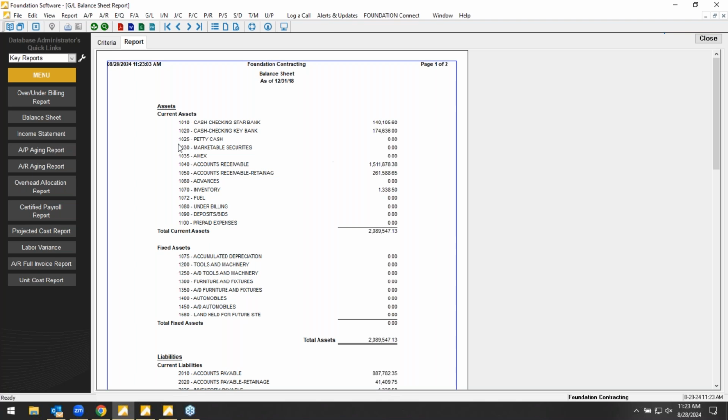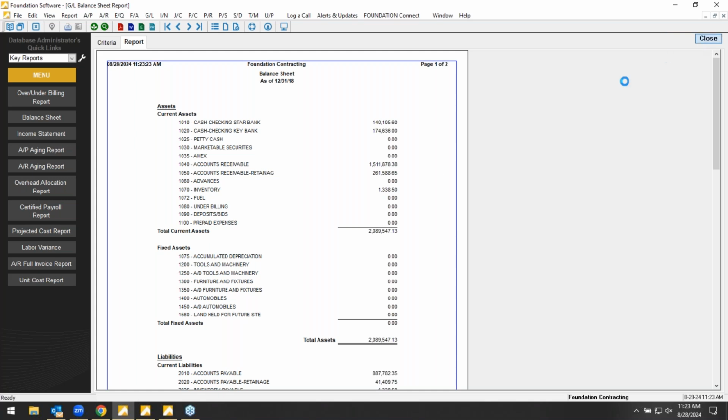Okay, here's our balance sheet. Of course, these are just my sample accounts. Chart of accounts is customizable within our program, so you're not limited to what you're seeing here. Each company has their own chart of accounts, of course. So again, if you like our layout and you just want to kind of go with what we have,